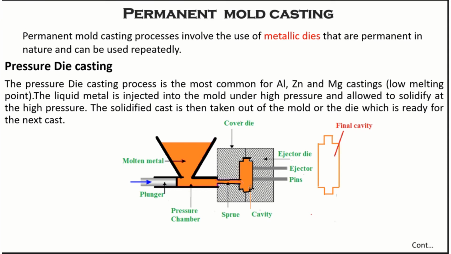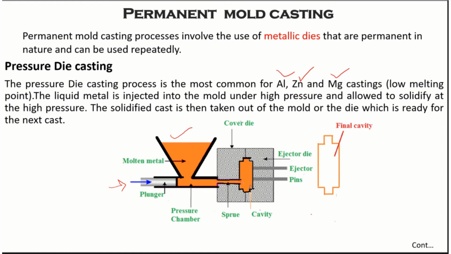This permanent mold casting process uses metallic dies, which are permanent and can be used repeatedly. The operation is very simple. Here, a pressure die casting process is most common for aluminum, zinc, and magnesium materials. The liquid or molten metal is initially kept in the pouring basin. Then it is injected with the help of a plunger into the mold cavity with high pressure, and then